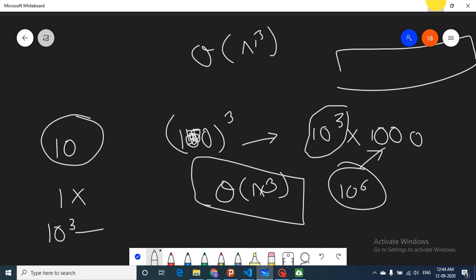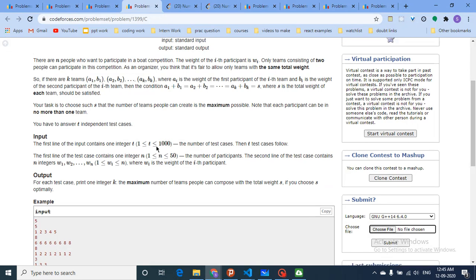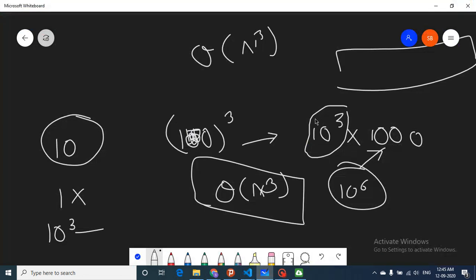Okay, because I have t test cases which are up to 1000, I have to make sure that all of these operations, all of the test cases and all of the n, should come under 1 second or like 2 seconds. You can also see that. But if I want it under 2 seconds, as you can see why they have taken 2 seconds, it is because I have taken this buffer value also.